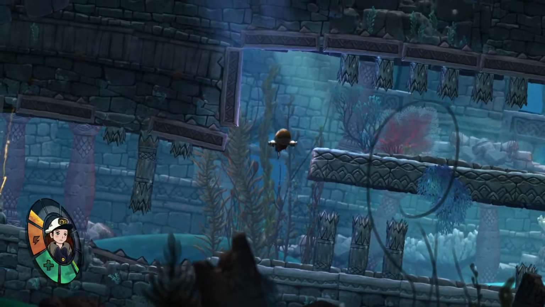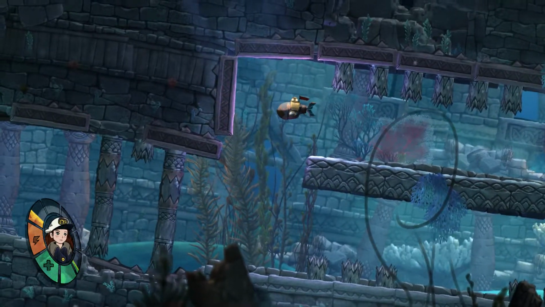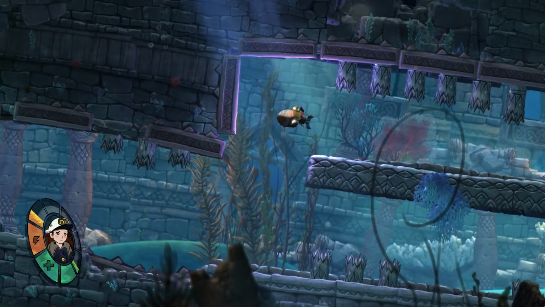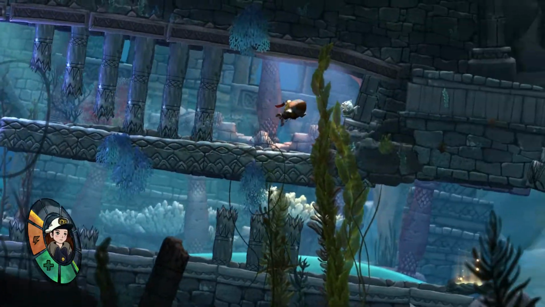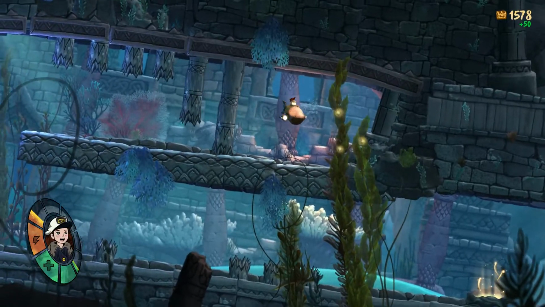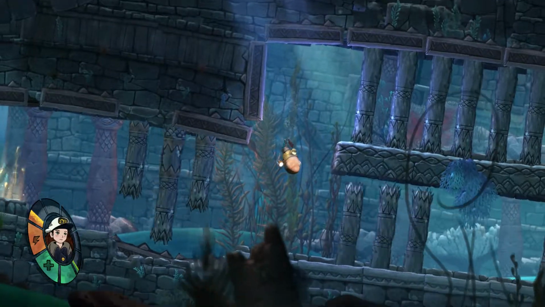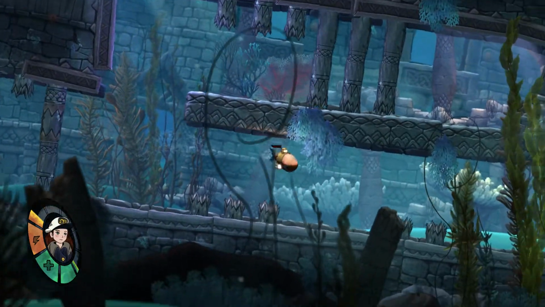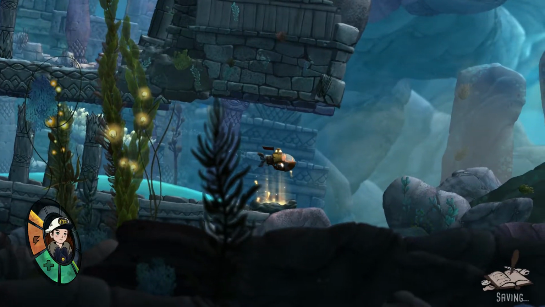Okay. Now these have two patterns. It has like a slow one and then a fast one. After the slow one, you want to go. So there's the slow one, and let's go. If you try to do it after the fast one, you're gonna get crushed. Through here, hit the autosave,